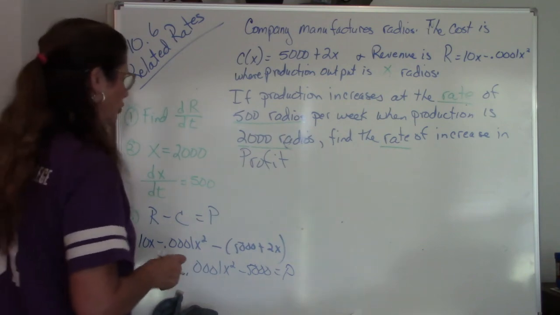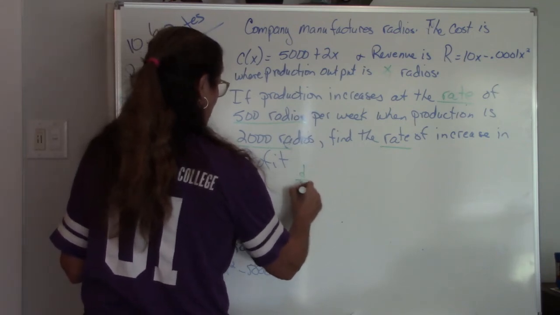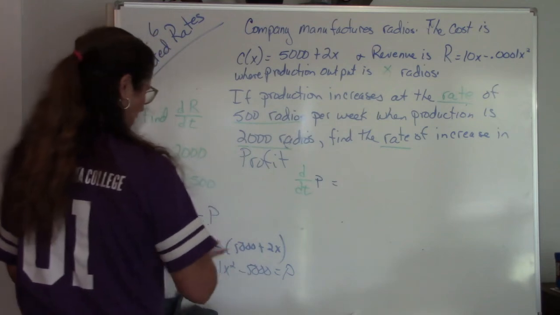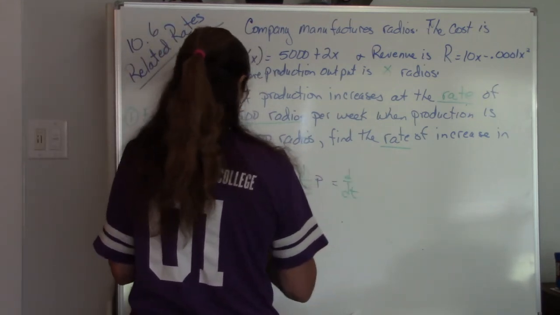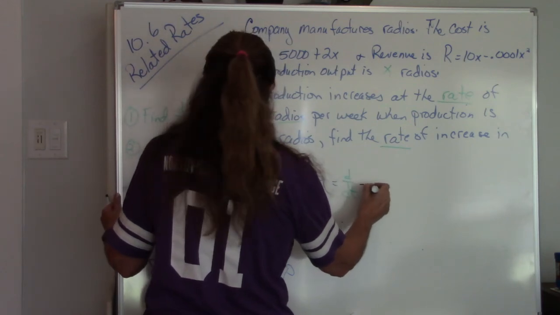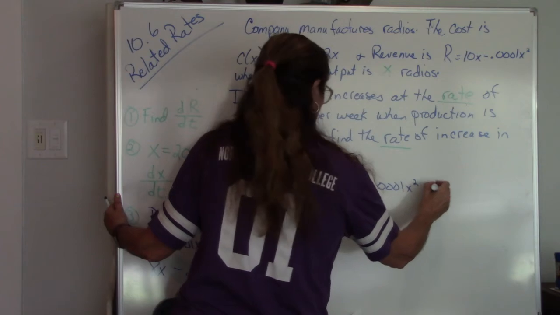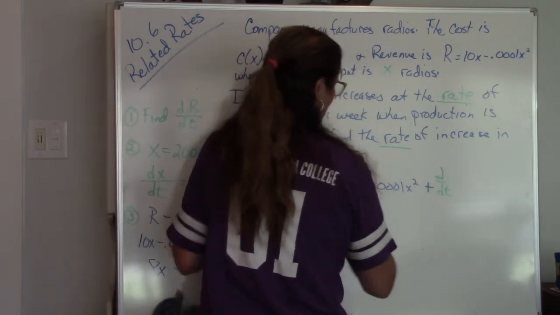Okay, so here we go again. We're going to find the derivative in terms of time of our profit. And I'm just going to rearrange this. The derivative in terms of time of a negative 0.0001 x squared